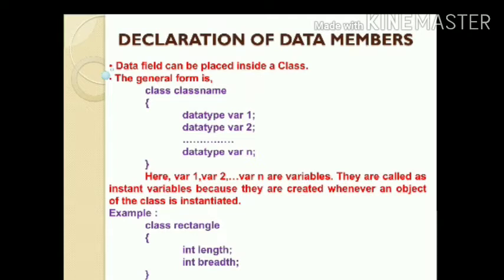Here var1, var2, varn are variables. They are called instance variables because they are created whenever an object of the class is instantiated. For example, Rectangle is the class name, length and breadth are the variables of integer data type.